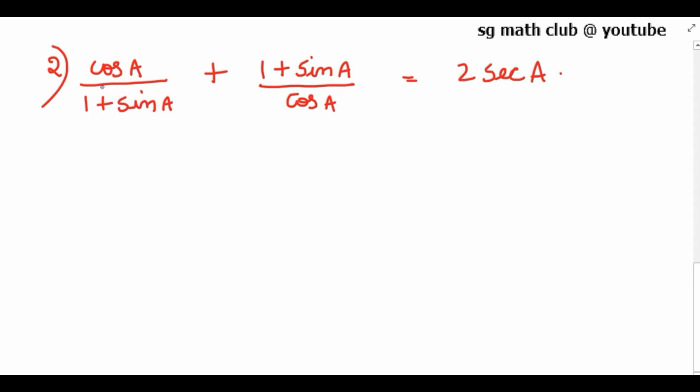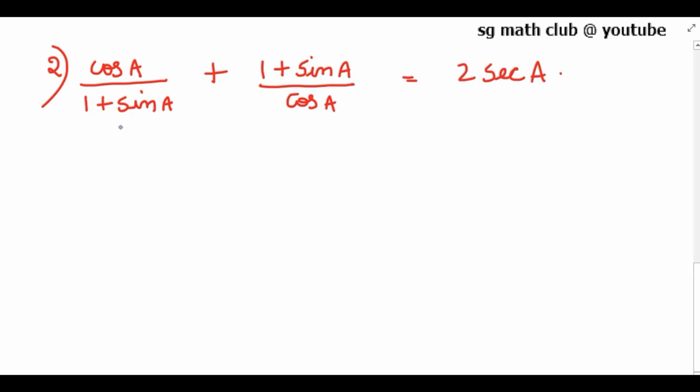Now the second question is, show that cos A divided by 1 plus sin A plus 1 plus sin A divided by cos A equal to 2 sec A. So same way we will take the left hand side, we will simplify it, and we will finally arrive at 2 sec A. Here already it is in the simplified form, cos, sin and all. We don't have any of this cosec, sec or cot in the left hand side. If cosec, sec or cot is there, tan is also there, we can write in the simplified form like cos by sin or 1 by sin, etc.